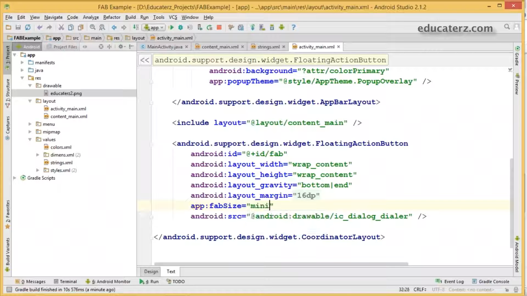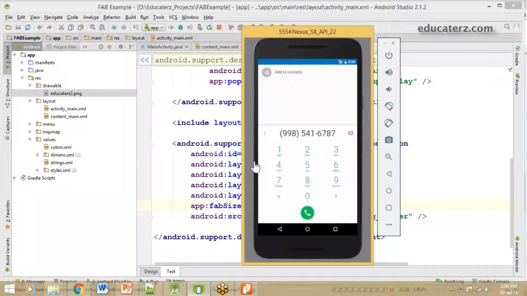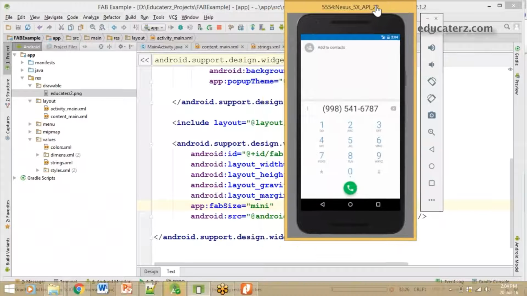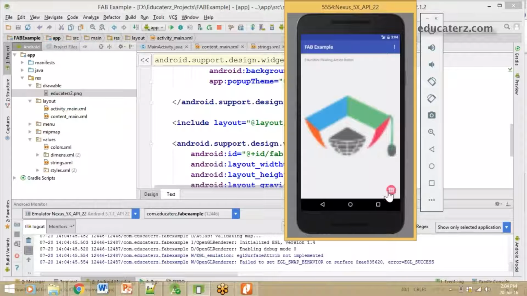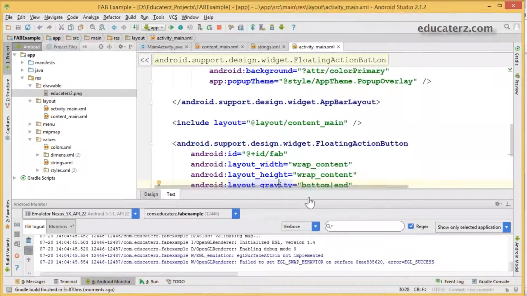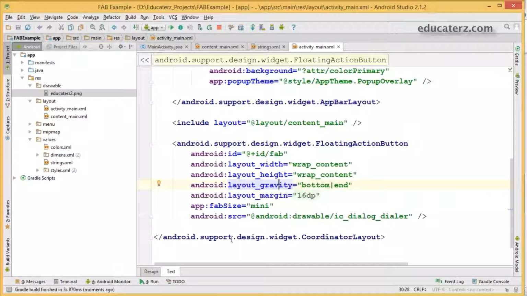We are already done with the normal one, so change it to mini. Click on the run button and check the output over here. The size of your floating action button has been completely shrunk, right? But to have good visibility, or to be eye-catching, it must be normal.